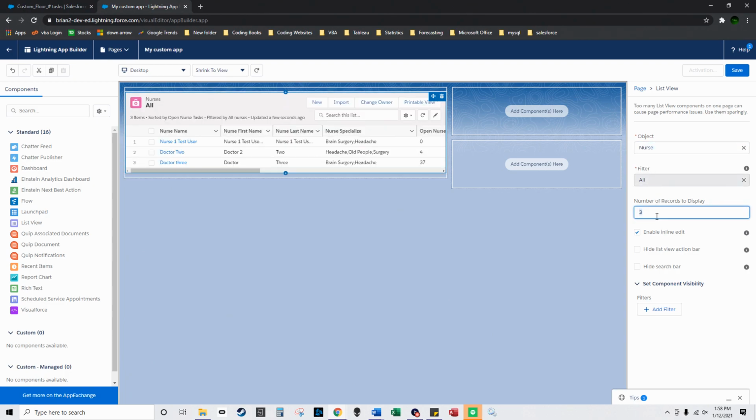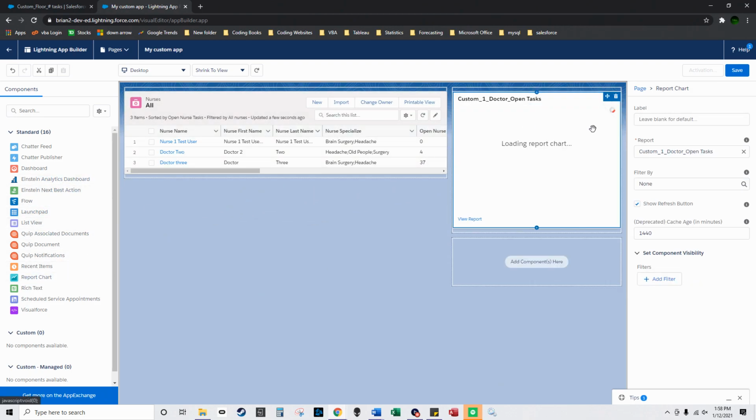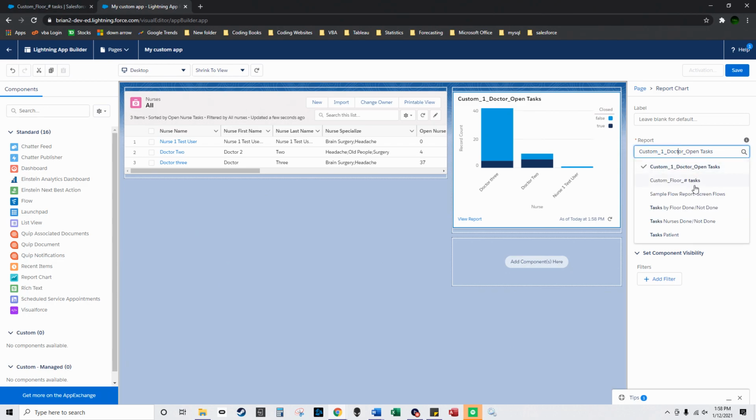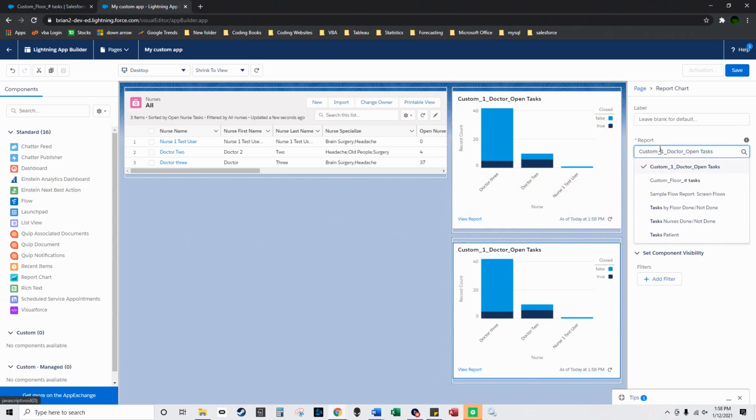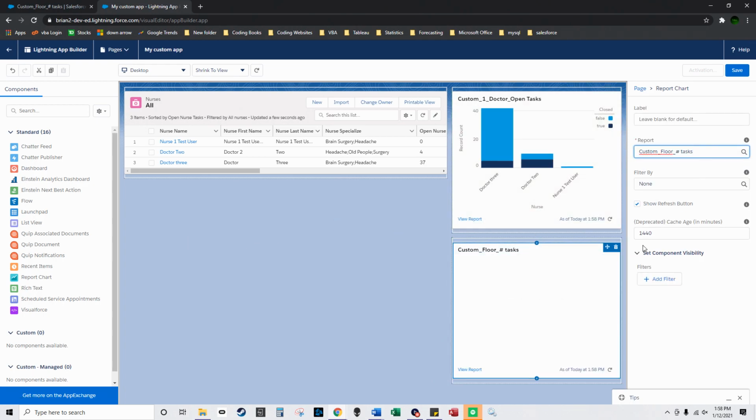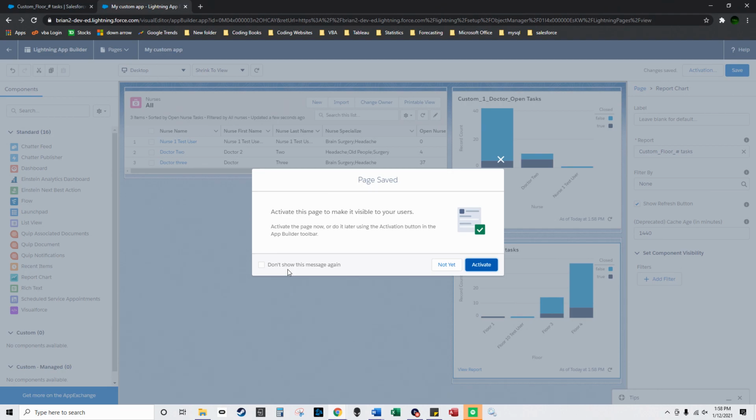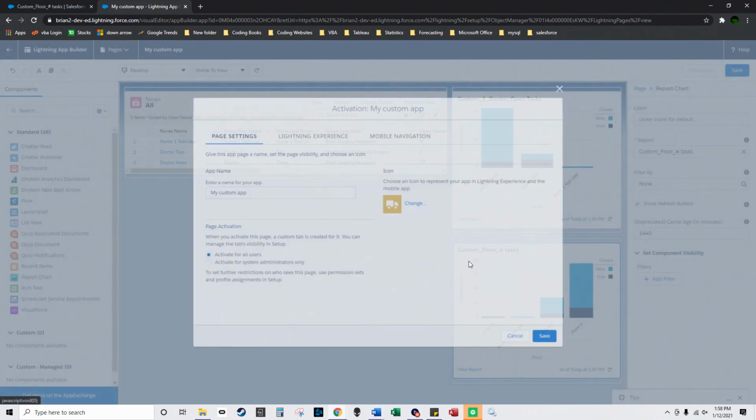And then I want the fields to display, I want 10. And over there, I want the reports that I just created. So I want custom doctor open tasks, and then I want the other report over here, and this will be custom floor tasks. So you can see the currently open floor tasks, and so you can see which floor is busiest and which doctor is busiest. And you're going to click Save, and you're going to click Activate to make this page visible